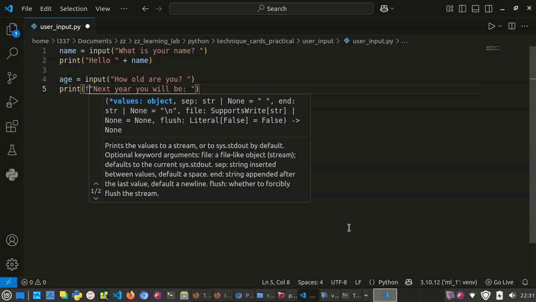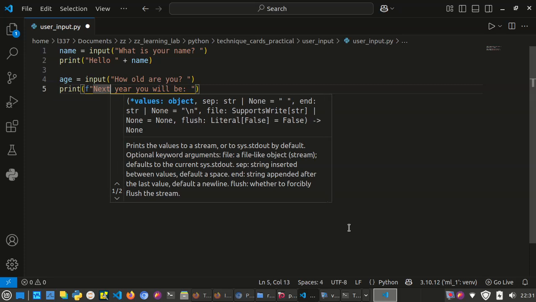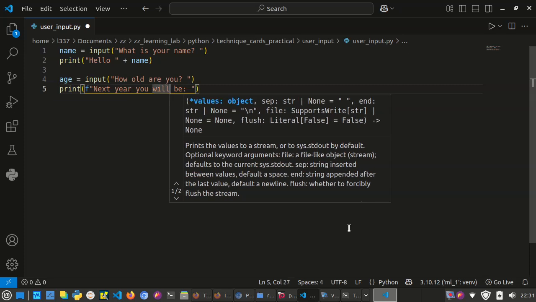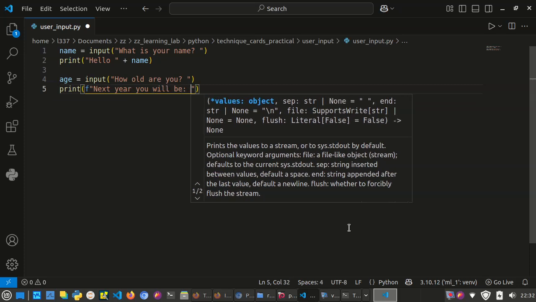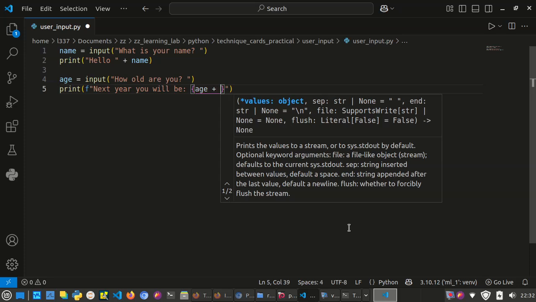If you don't know about those, go and watch the video and check out the technique card on string and integer data types in Python. It's basic 101. And in here we're going to put age plus 1